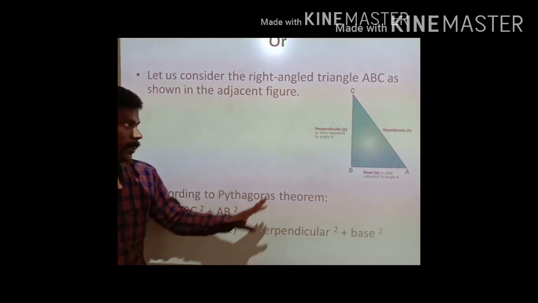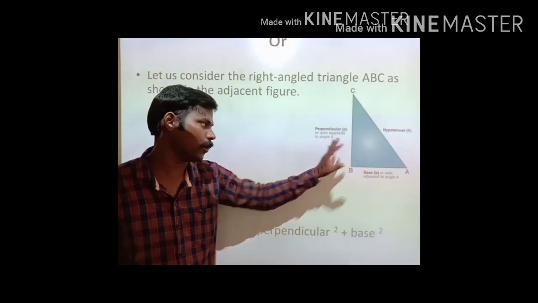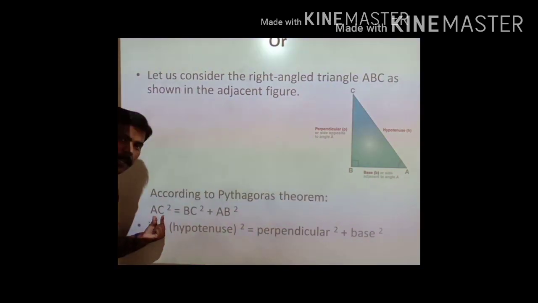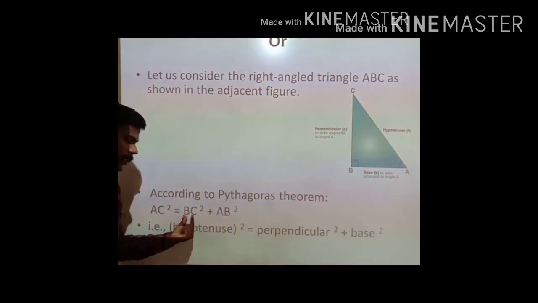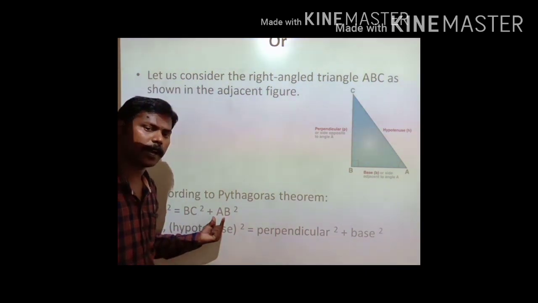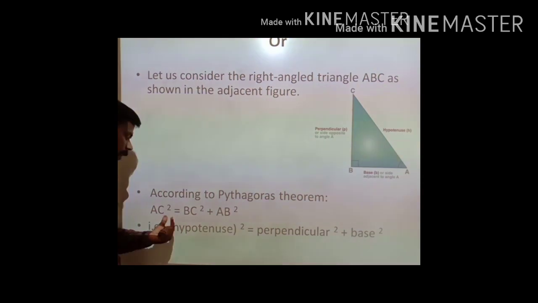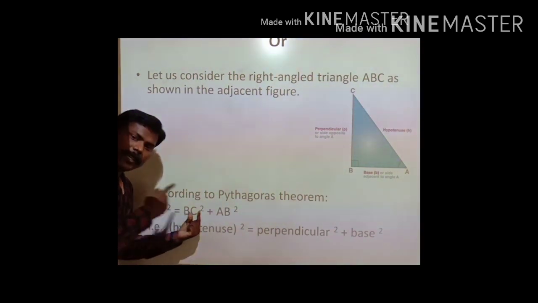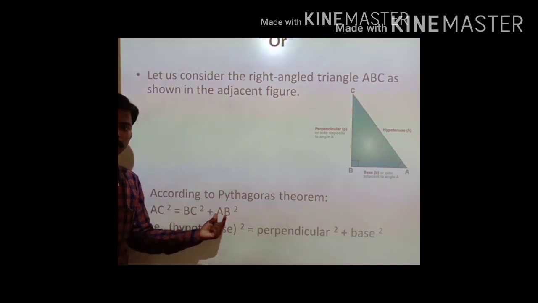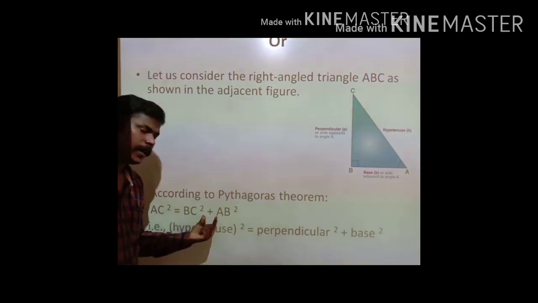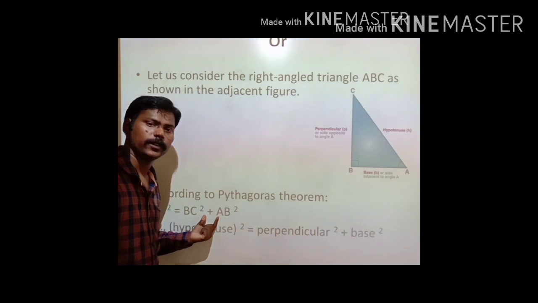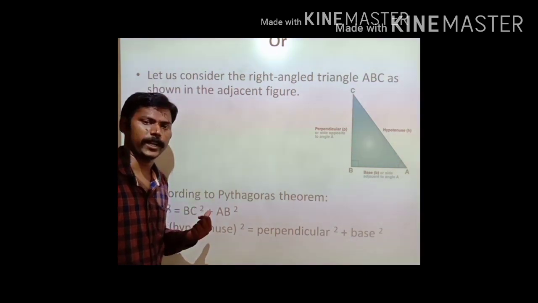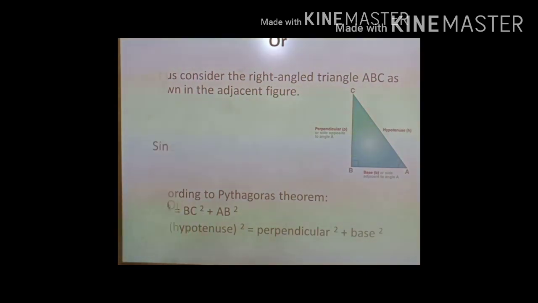That's why, according to this diagram, how do we represent hypotenuse square? AC square is equal to BC square plus AB square. Or otherwise, we can write AC square equal to AB square plus BC square also, because addition satisfies the commutative property. Next we have